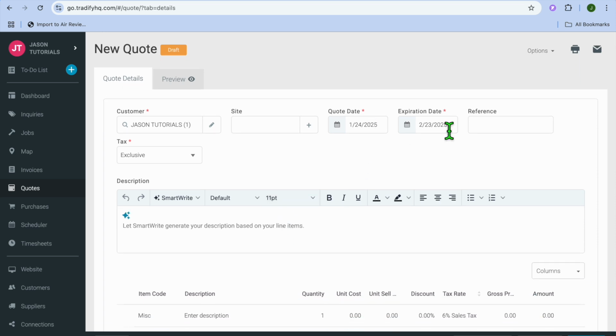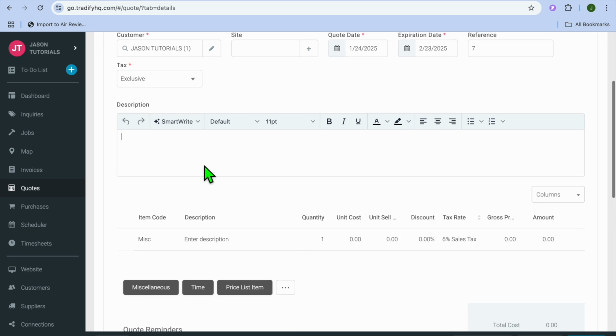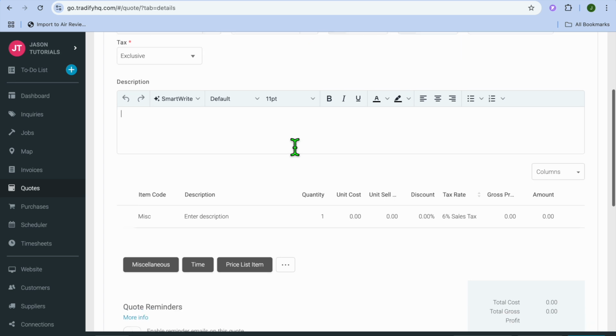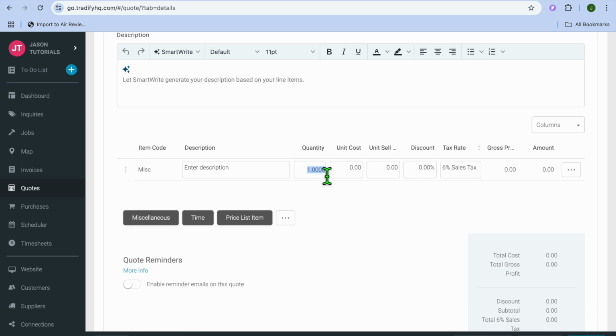Then you can put in the quote date and expiration date, and you could also add in a reference number. After adding in the reference number, you can scroll down and you could fill in the description. So you could add some information about what they want you to do and so on. And after doing that, you can add in the quantity. You could also enter in the type of work right here, a quick description, and you can fill out the